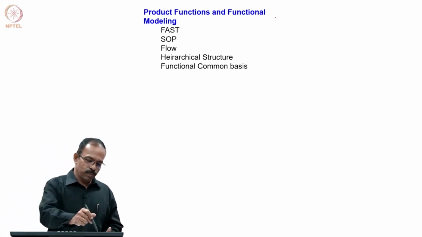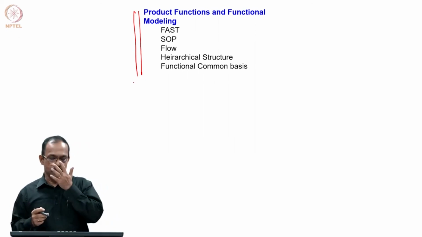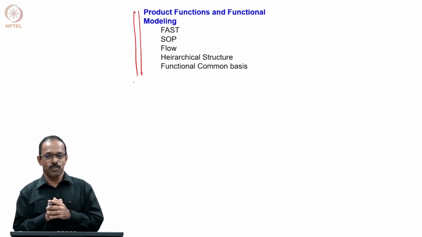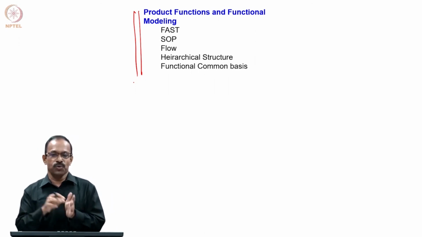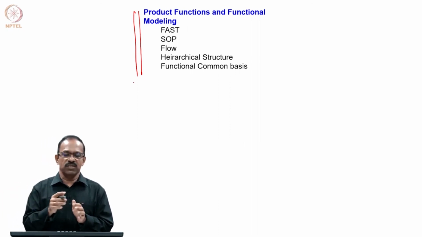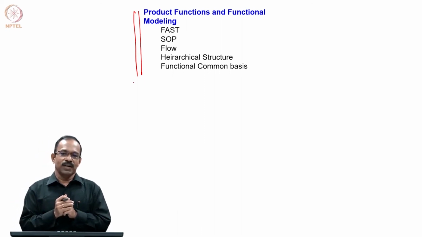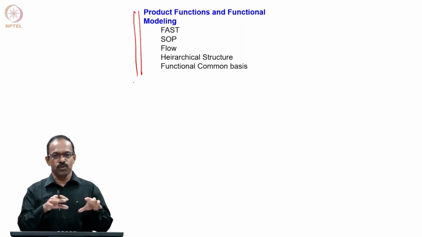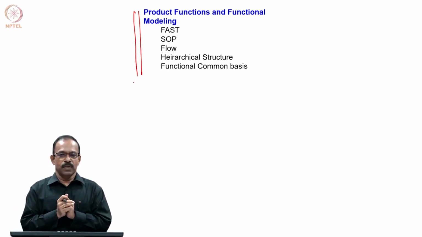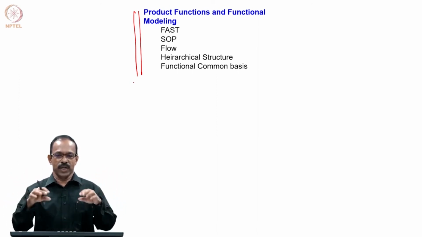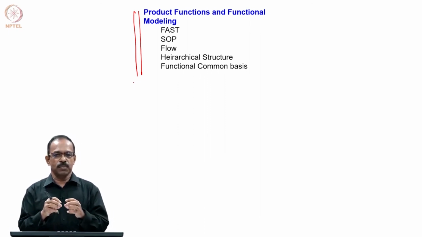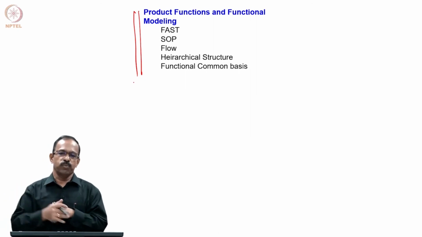And to meet the product specifications, we need to improve or modify some of those features in the product, and decide what feature to modify to get a desired specification or performance requirement. We need to look at what is happening within the product. Decomposing the main function of the product into smaller functions is known as functional decomposition. The big problem of designing a product can be decomposed into smaller design problems by looking at the functions, and some of the sub functions can be modified to get an improvement in the overall